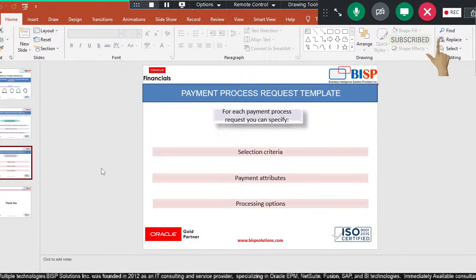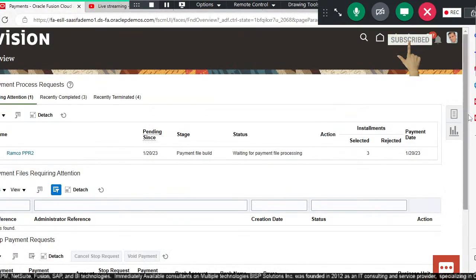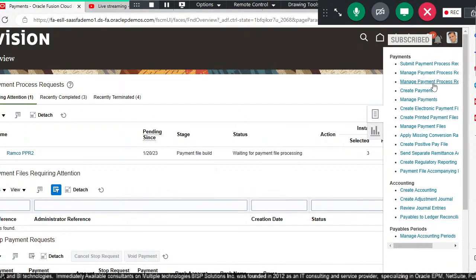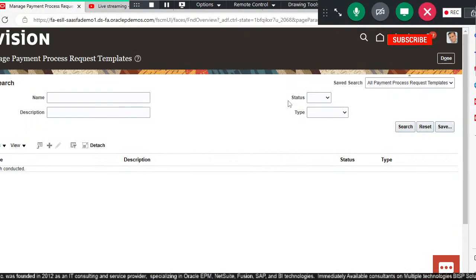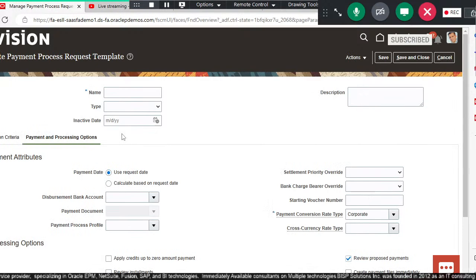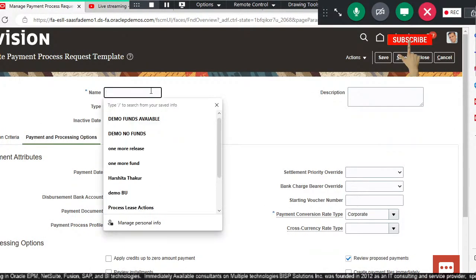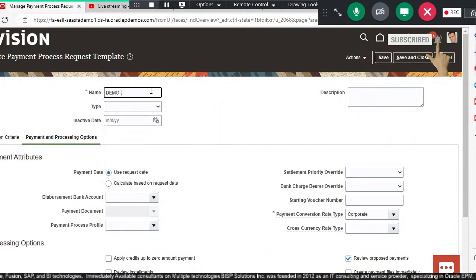Fine. So what all we need to specify here in template is selection criteria on the basis of which your invoice will get selected for the payment process, and then payments attribute and processing options. So let's go to task list and then go to manage payment process request template. And for creating a new template, click on this add icon. Give a name to your template first. Let's say demo template